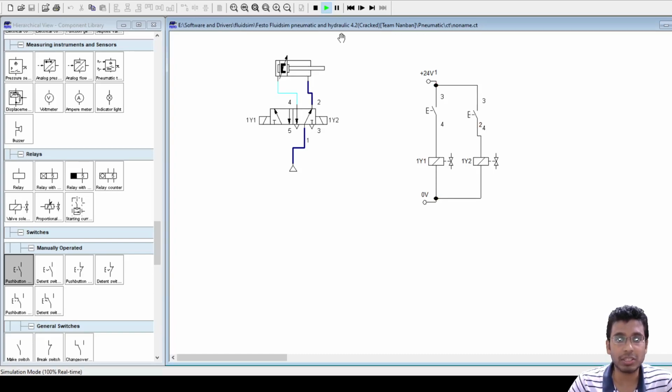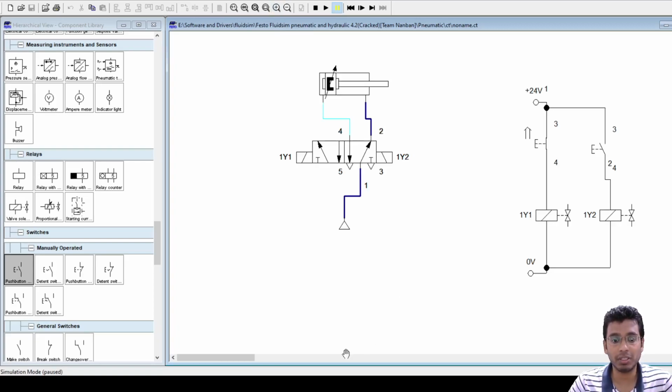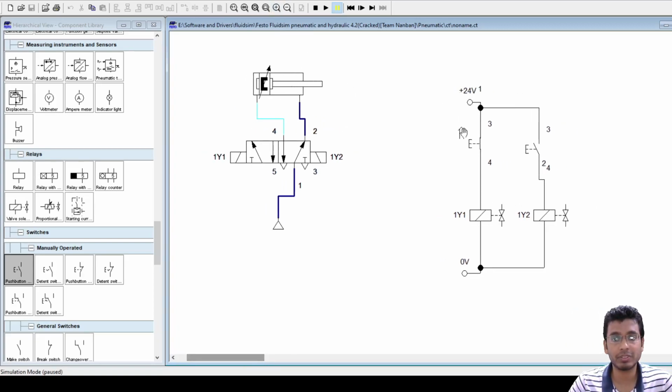Okay. Let's do it step by step again. Fine. When I press this, see this arrow showing the engaged position of this. Fine. I hope it's visible. I'll make it larger. See this arrow, this shows that now this push button is engaged. Fine. These red color lines will show your current flow direction. So the moment you closed this push button, your current flew here. Okay, and then your 1y1 got engaged, again shown by the same arrowhead pointing upwards.